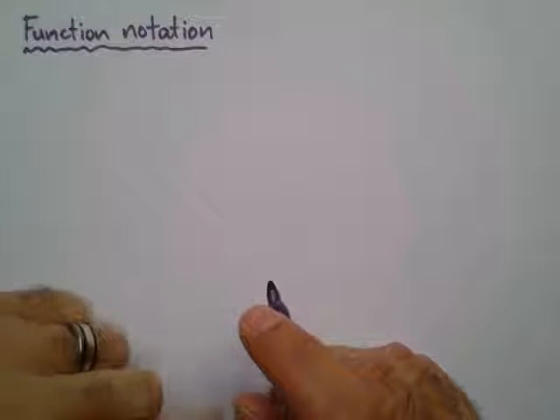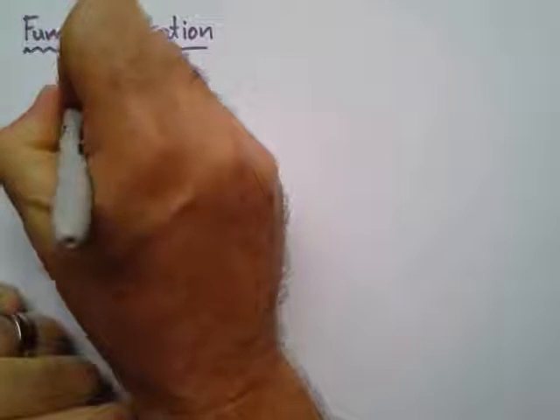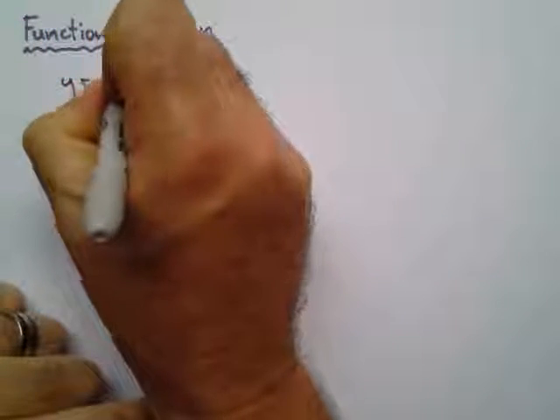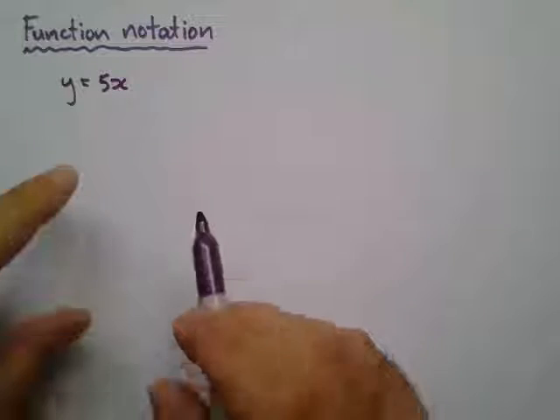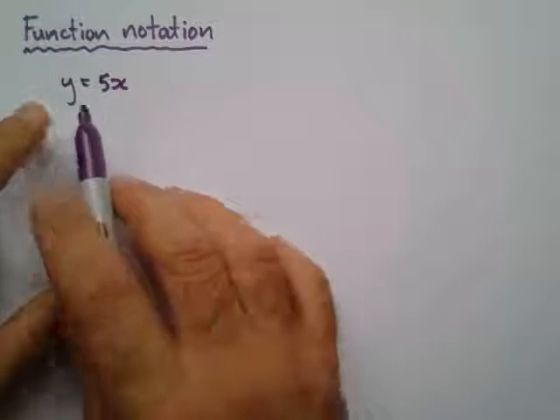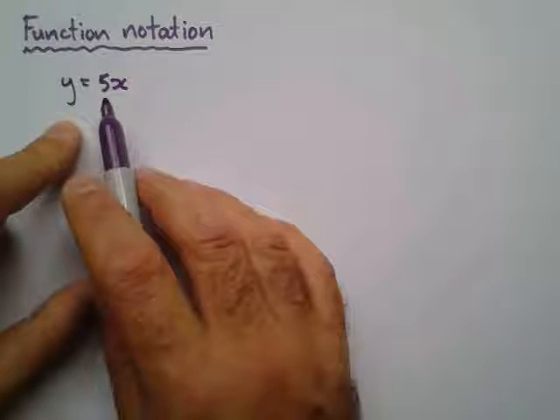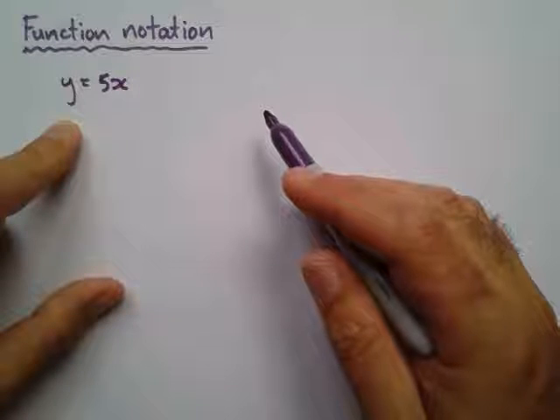Function notation. Let's consider the relation y equals 5x. Now this is a relation because there's a relationship between y and 5x, so they relate to each other. But this is also a function because if I draw this graph, it's going to be a straight line, which